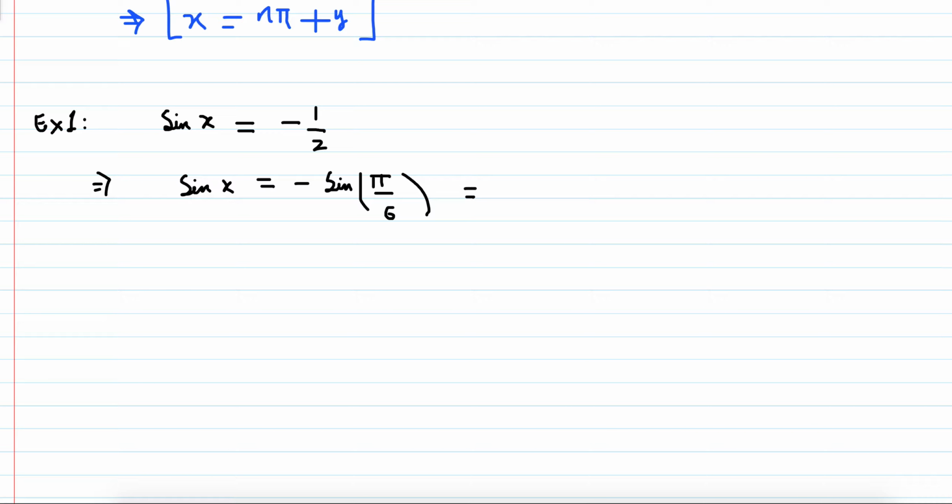If we write pi minus x, then it will be the same as sine x. But if we write sine pi plus pi by 6, it will be equal to minus sine pi by 6,